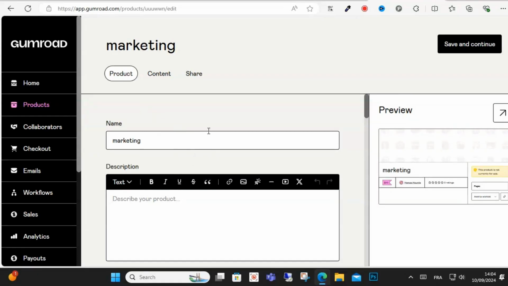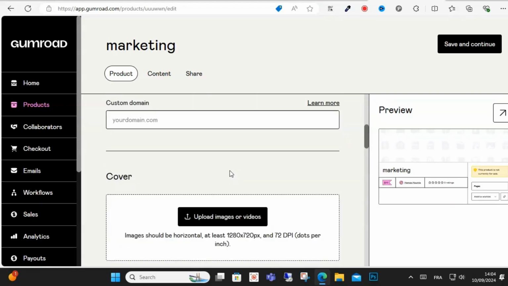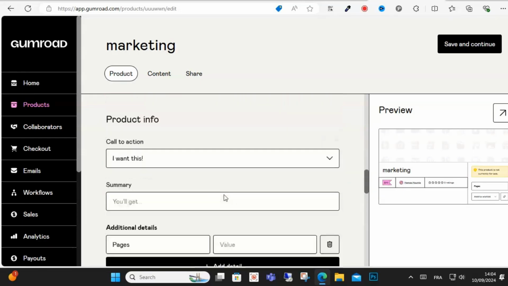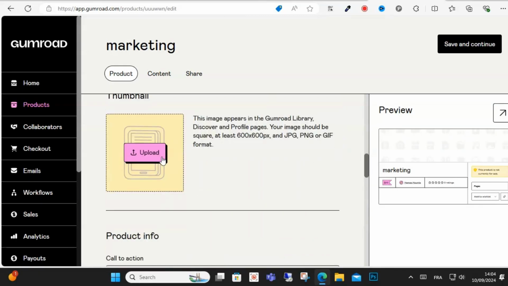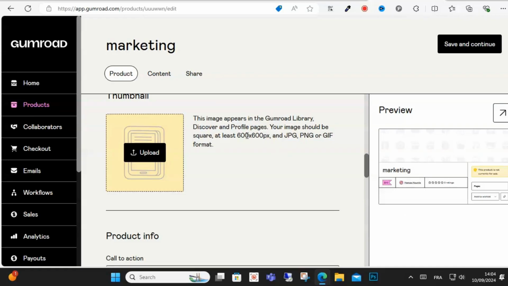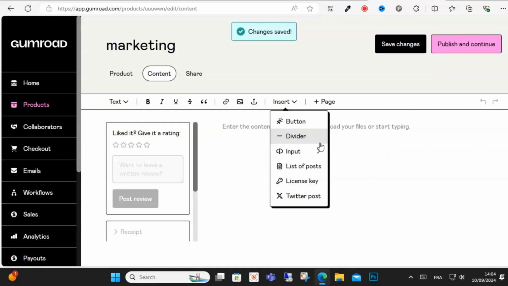Here guys, write the description and name and URL of your product, as you can see here. For example, marketing 01 and your domain and cover, upload cover, and you can upload thumbnail you can create from Canva easily by this size 600 JPG. Click save and continue. Here guys, insert your